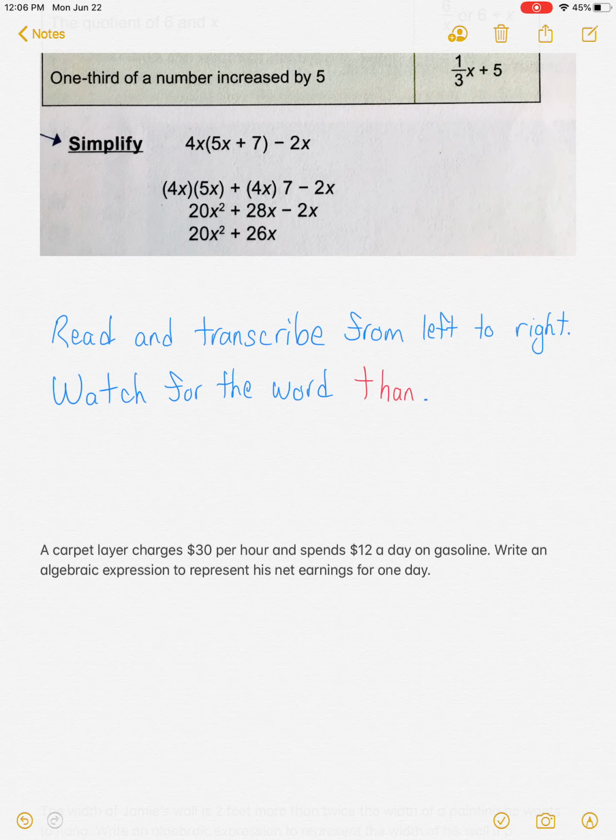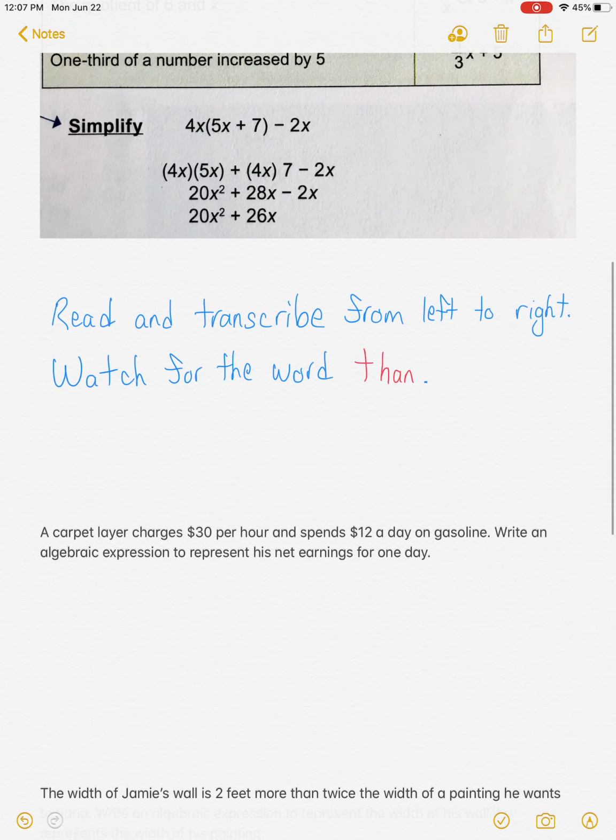Now we're not actually going to solve this, because we can't, because we don't know how many hours he works. But that's what we don't know, how many hours he works, so that's our variable. So our variable here, x, is going to be